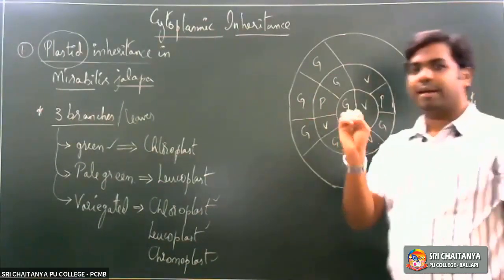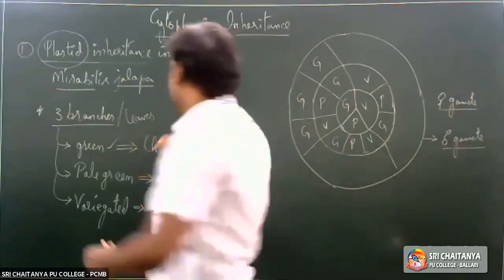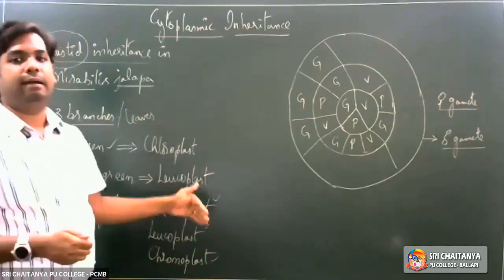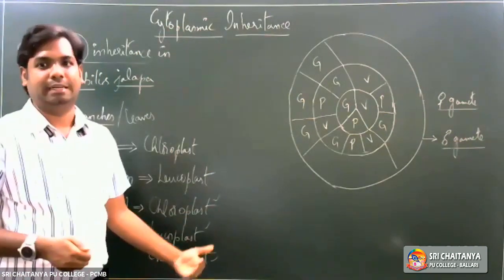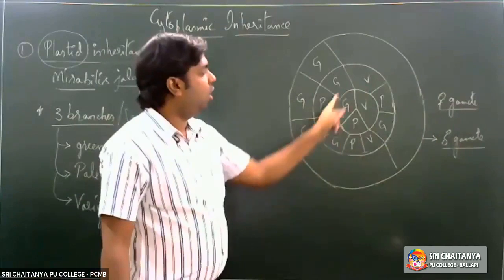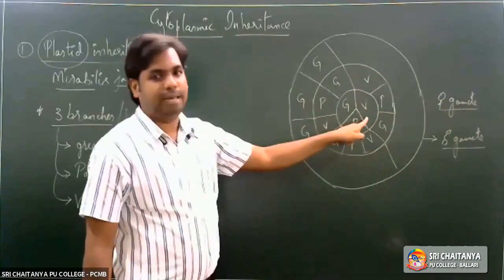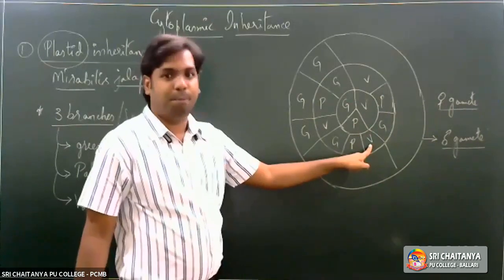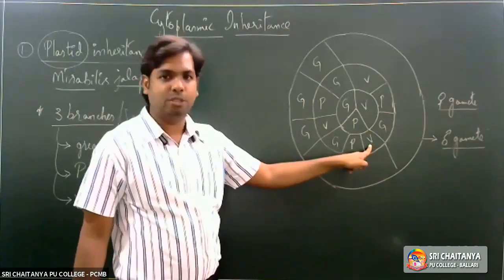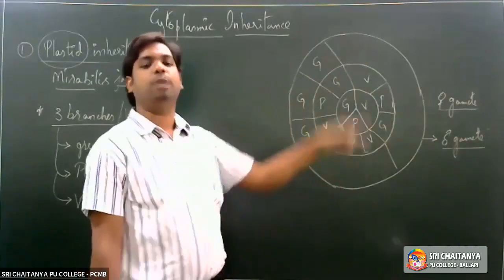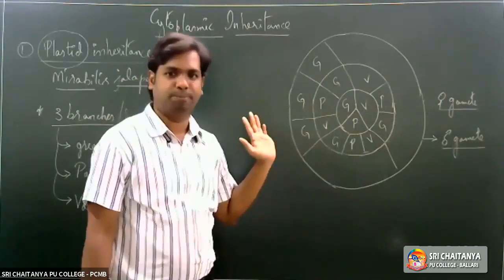So what we are seeing is how exactly these plastids are inherited from one generation to the other. For that, we have taken up a simple expression here. We have shown all three possible female gametes in the inner circle. In the outer circle, we are showing all possible male gametes. And in the outermost circle, we are showing the different types of progeny which are obtained. Right.